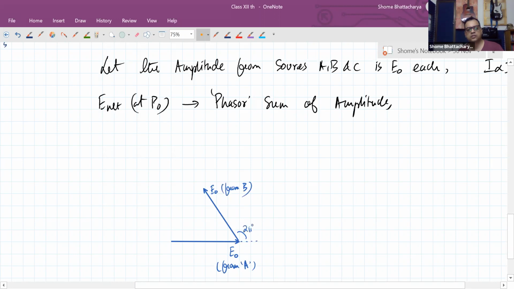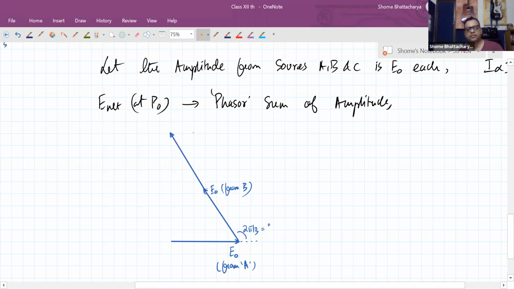So this is 2 pi by 3. And the third one will also be in the same direction, because